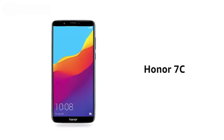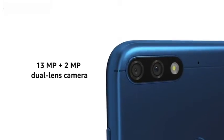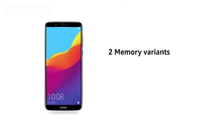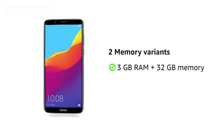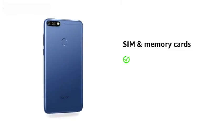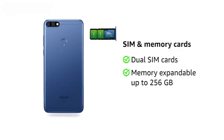Honor 7C, a smartphone with a 13 plus 2 megapixel dual lens camera. It comes in 3 color variants, blue, gold and black. Choose between 2 memory variants, 3GB RAM plus 32GB memory and 4GB RAM plus 64GB memory. You can use 2 SIM cards and expand the memory by up to 256GB with a dedicated micro SD card